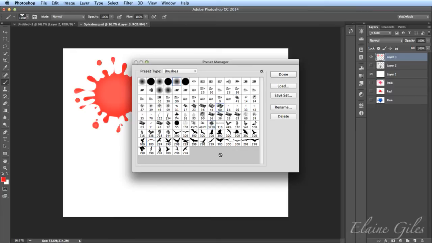Now I can see that I've got a question. And the question that I have is, can you use these in Pixelmator? And the good news is, yes, you can. You can open an Adobe brush file straight into Pixelmator. You can import it into the brushes palette in Pixelmator in just the same way as you do in Photoshop. The actual process is slightly different for doing it, but the concept is identical, and it will read in all of those files.